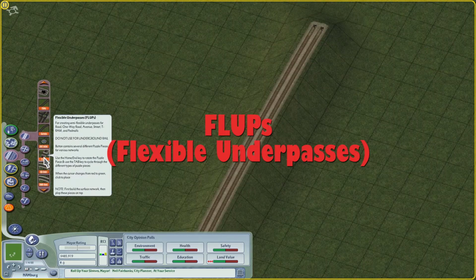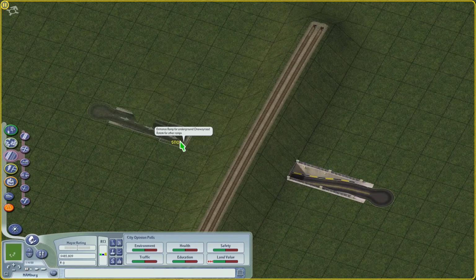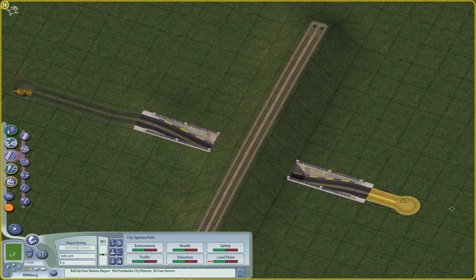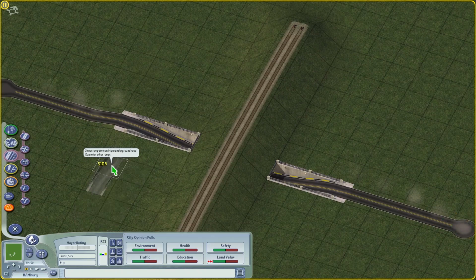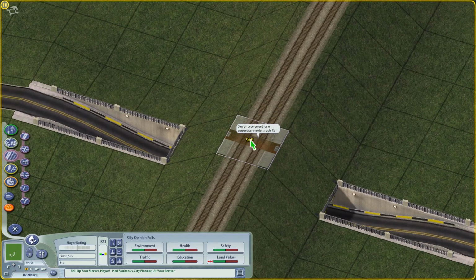Another acronym you're going to see in these interfaces is FLUPs, which stands for Flexible Underpasses. Flexible underpasses allow you to pass one network type under another. One good thing to note when you're dealing with flexible underpasses is you're going to see, where I'm now hovering this piece over the rail,